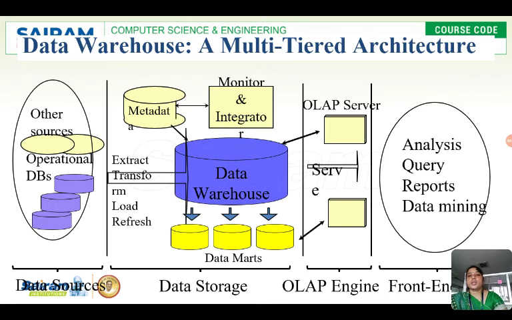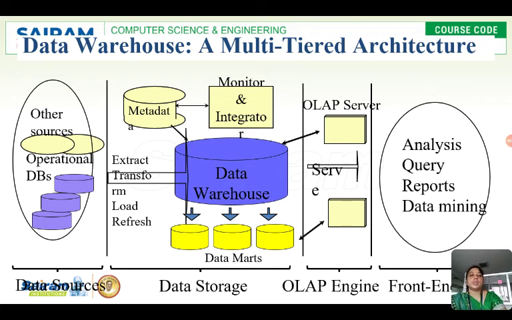So it will say that in this place the information about the product data is there. Next comes data marts. Data marts contain a subset of the data, the specific data. It will not have all the data which is present in the data warehouse. It contains a subset of the data in the data warehouse. So the third tier, as we said, is front end tools.